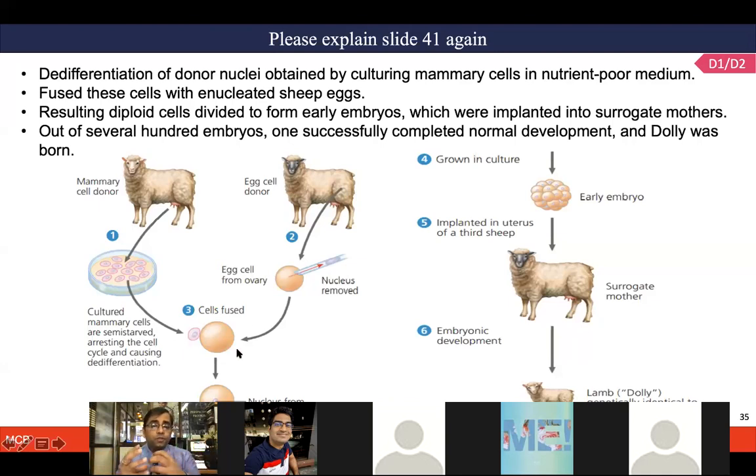When the two were fused, and for fusing this empty egg cell with a nucleus from outside requires a lot of tricks. Could be some sort of electric shock, electroporation methods, or some sort of culture medium, nutrients, which facilitate this nucleus to enter inside the cell. That process is quite important, and that is where quite a lot of failure happens. Hundreds of events only result in one successful final embryo, and that embryo, after growth initially in the lab, was transplanted to a surrogate mother, and then the sheep Dolly was formed.